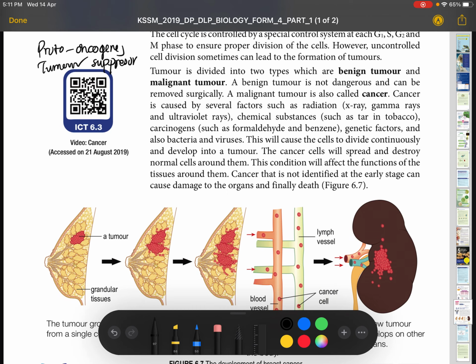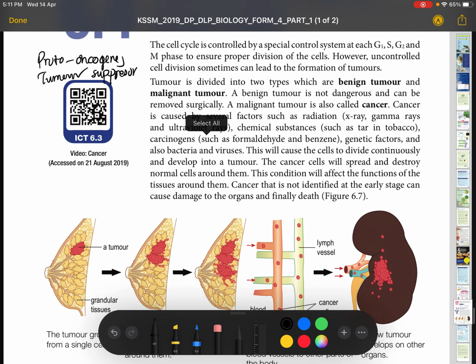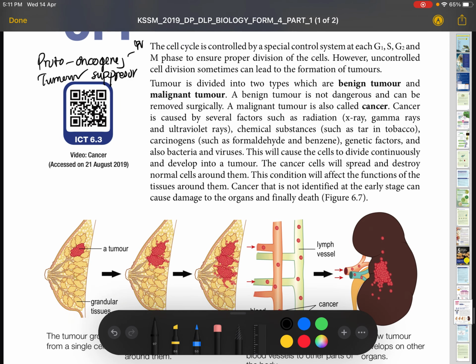Proto-oncogenes are mainly responsible for the regulation of cell proliferation, differentiation, and growth. So proto-oncogenes promote cell growth. Tumor suppressor genes inhibit cell growth. So because of this,